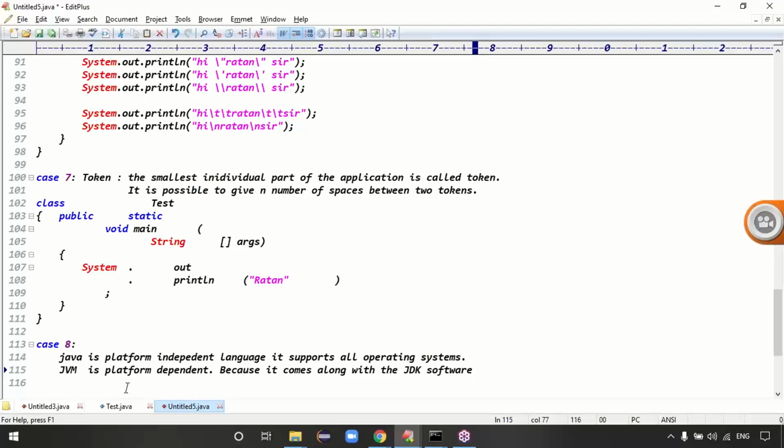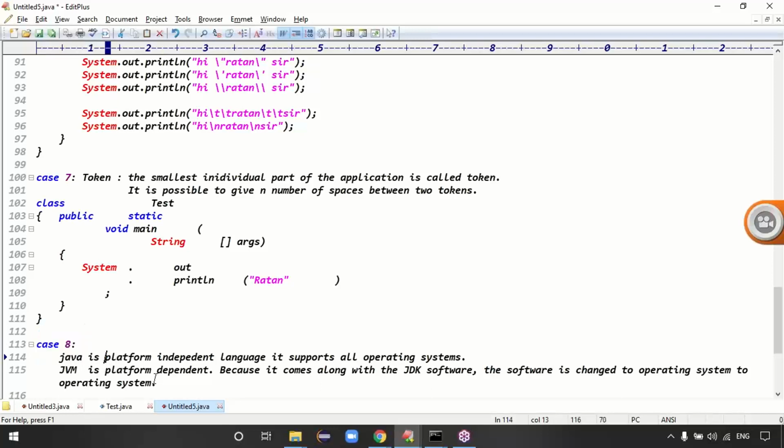The software changes from operating system to operating system, so the JVM is also changed. That's why the JVM is platform dependent, guys.